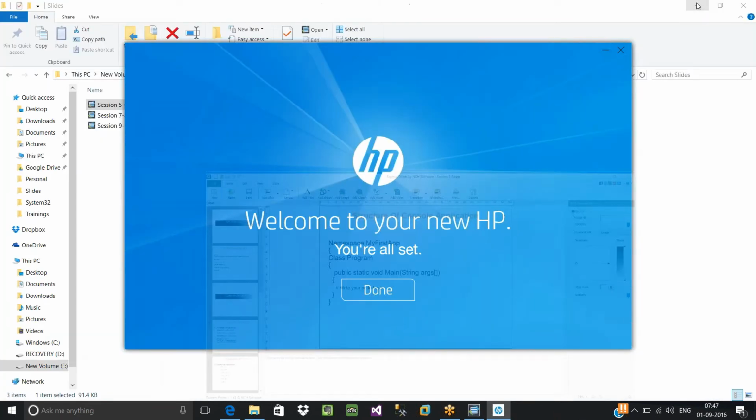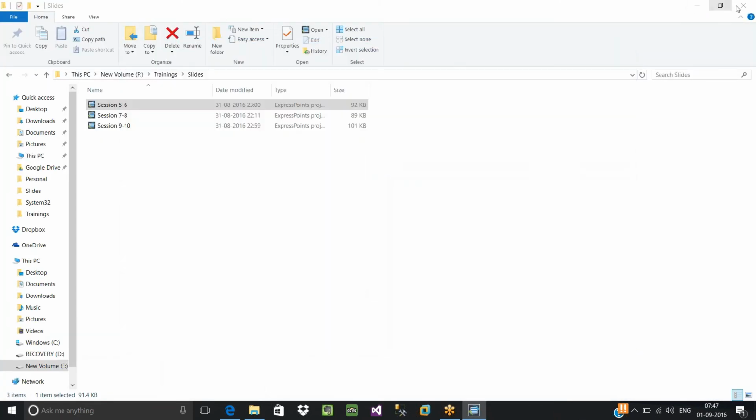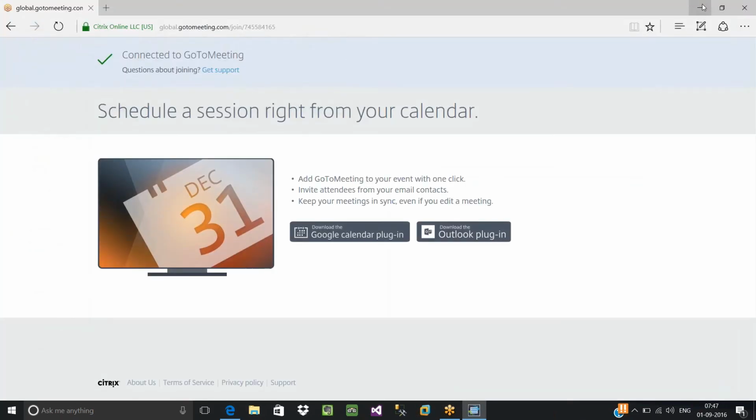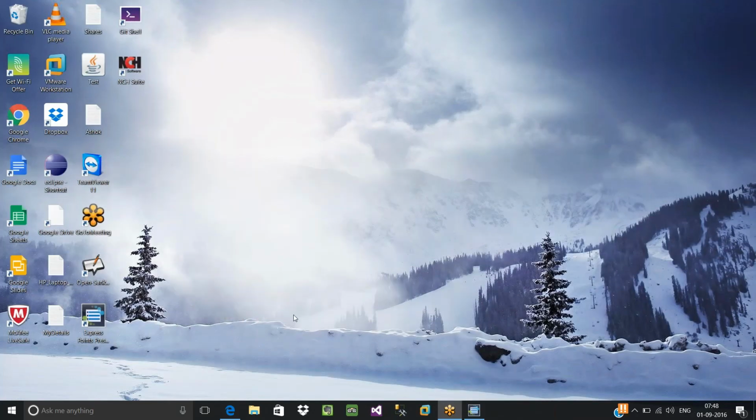Once you have installed Visual Studio on your machine, you'll be getting a symbol like this, the reverse 8 symbol. This is the symbol of Visual Studio.